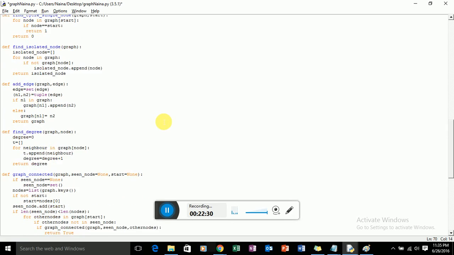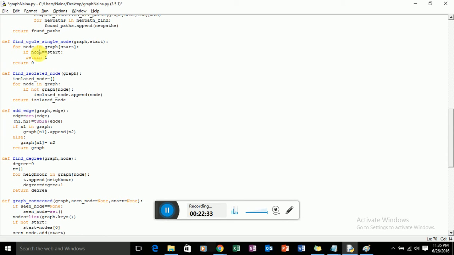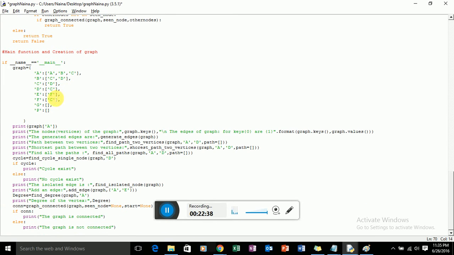Let's say for D, there is no node in the values of D which is equal to D. So what we'll do is we'll take it as A, because for key A we have got a value A, so there is a self loop.